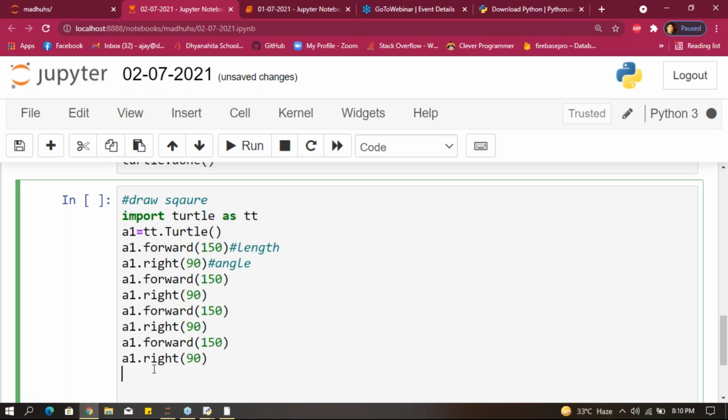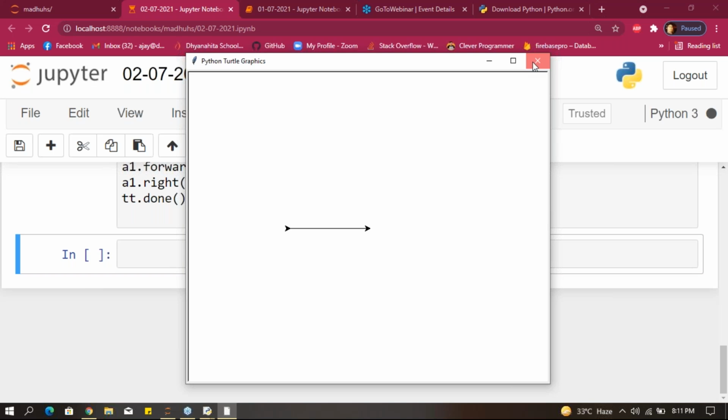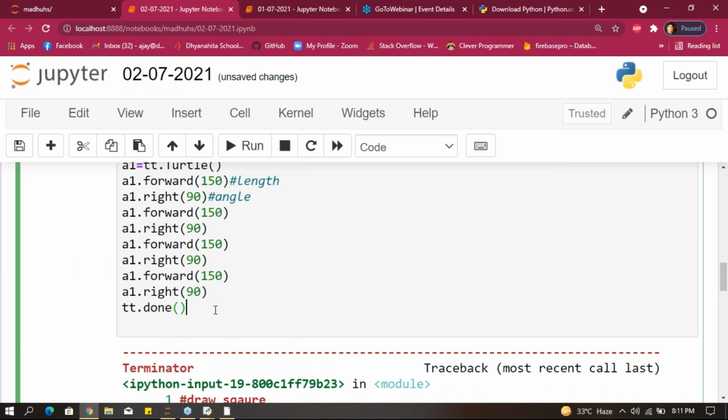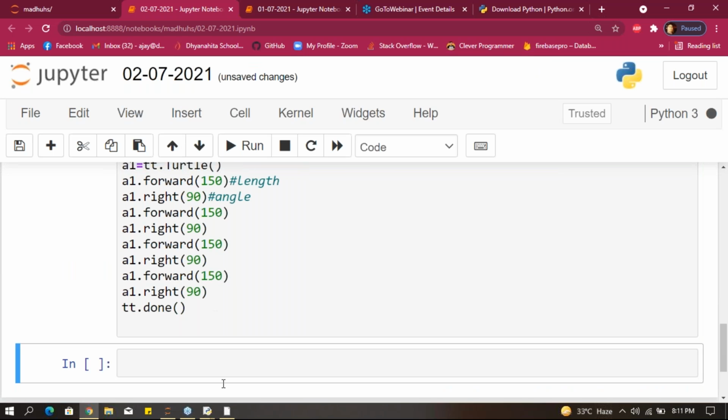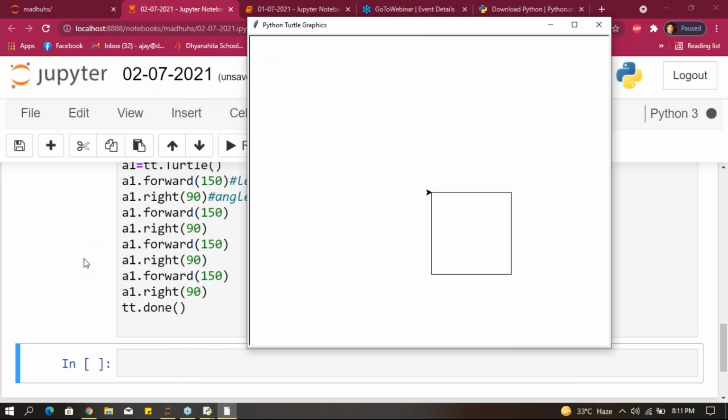After that, give TT dot done. If you run this example, close this and run it one more time, guys. This is how you will get the square.